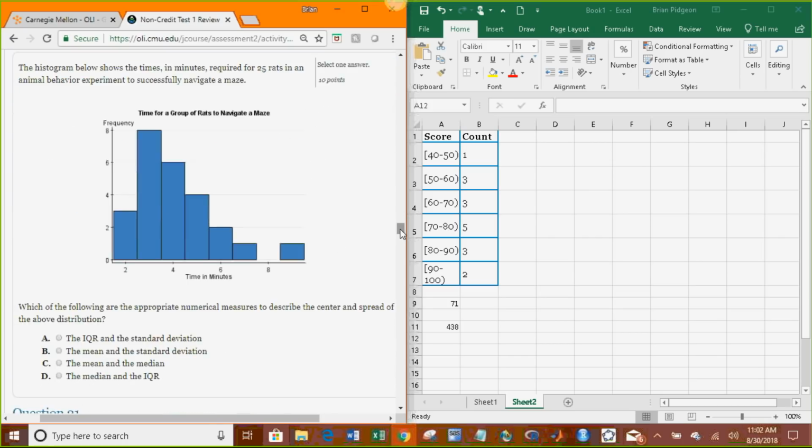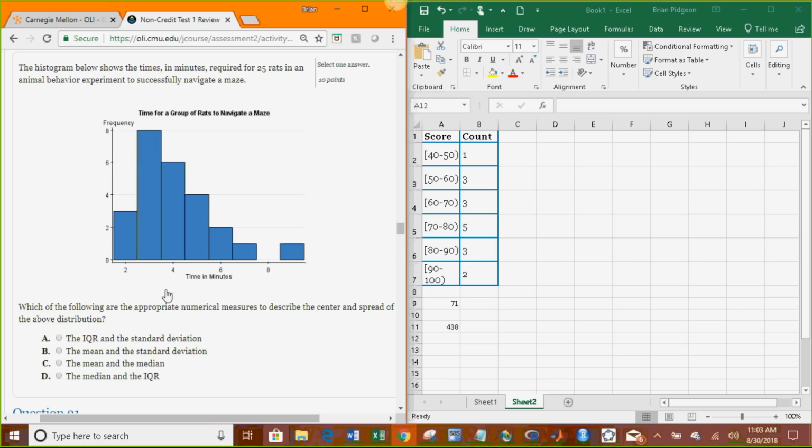Which of the following are the appropriate numerical measures to describe the center and spread of the above distribution? So for distributions that are symmetric, we want to use the standard deviation or the mean. They're very good measures of center and spread for symmetric data. But when your distribution is skewed to the right like this one, what happens statistically is that these values here, because they're further away from the mean or from the center, those values actually pull away the mean. They make the mean greater than